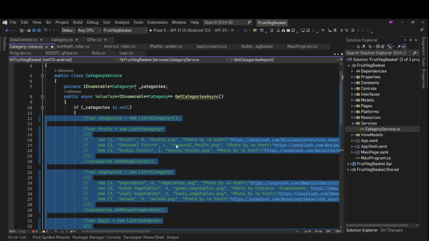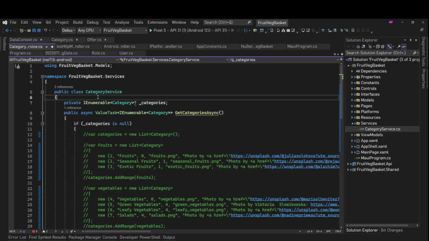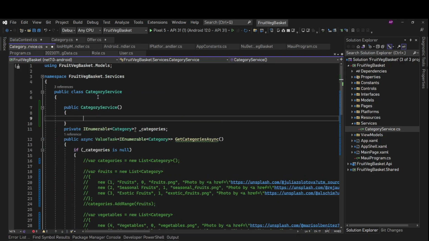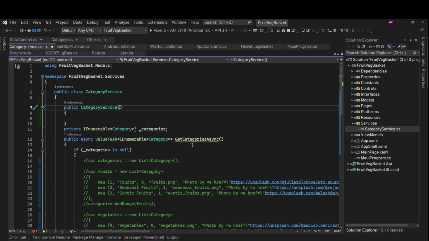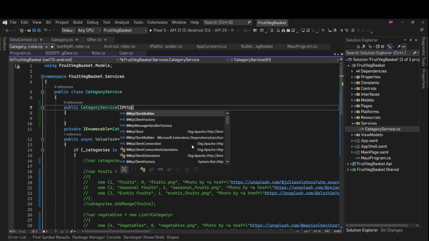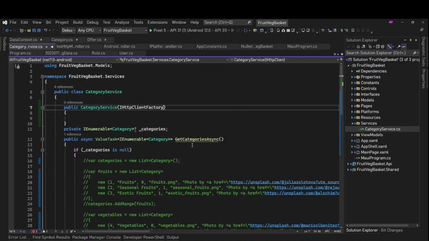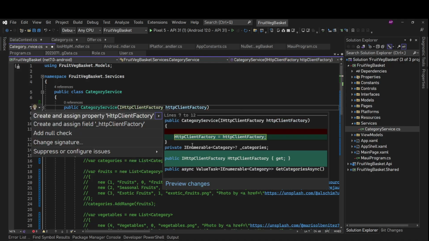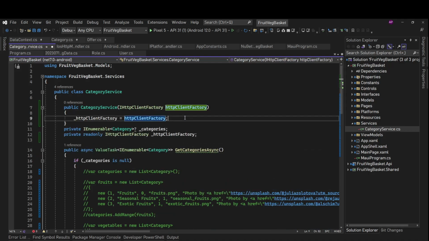So we will get this data from there. What we need to do is simply create a constructor, and then we'll inject HTTP client factory, and from here we can get our client.